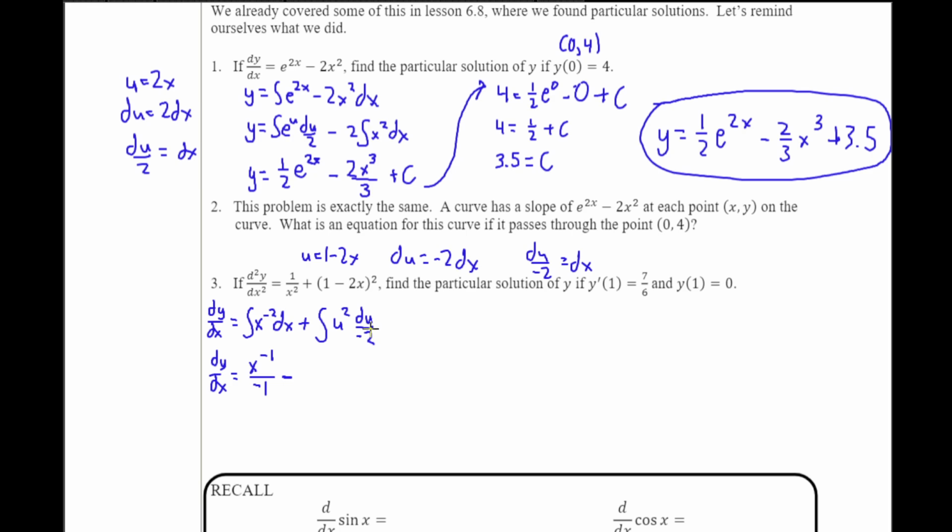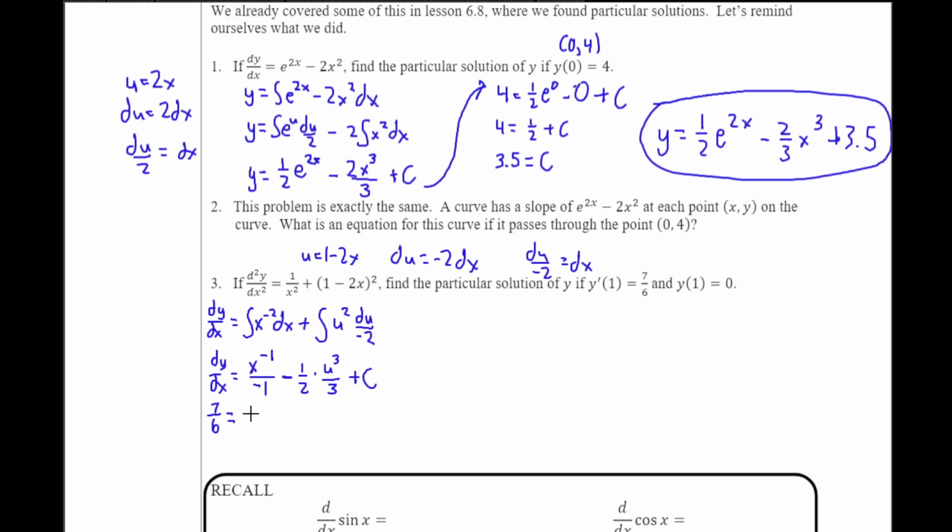So let's bring the negative 1/2 on the outside. Now the integral of u squared is you add 1, so it's 3 over 3. So it's negative 1/2 times u cubed over 3 plus c. So this is where you just plug in this first initial condition. So when x is 1, dy dx is 7 over 6. So dy dx is 7 over 6 equals,